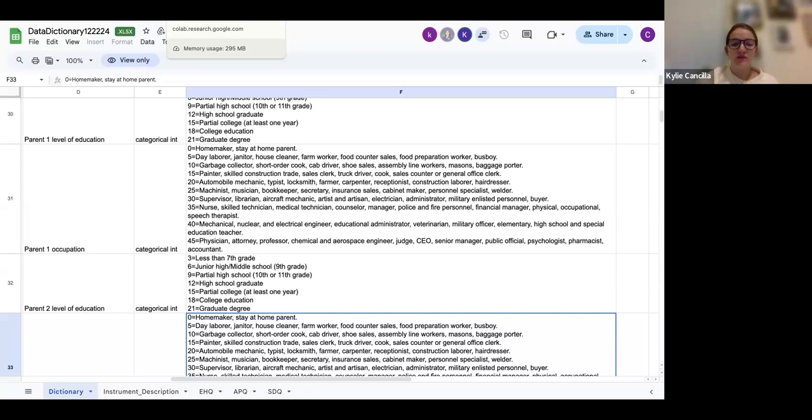So we're going to have a column named parent one education 0, parent one education 5, parent one education 10, and so on. Each of these columns will contain Boolean values, true or false. For instance, if the participant's parent one occupation falls into category 0, the parent one occupation 0 column will have a value of true, and the rest of those 10 columns will have a value of false. And the same logic applies to all other categories, ensuring each participant is appropriately represented in the dataset.